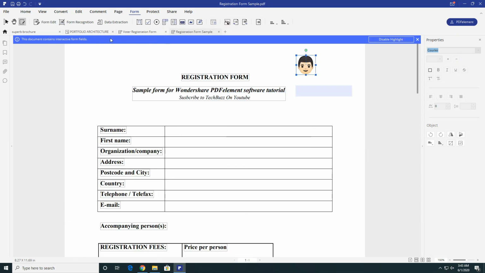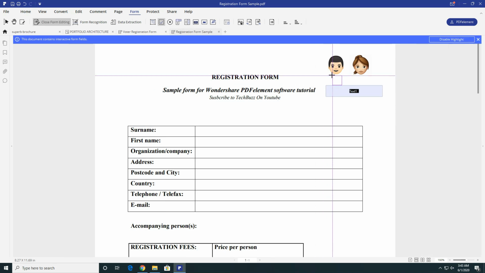I'll insert some images and show how to create a form easily. So now the images are placed. Now we will place tick mark or point radio boxes. You can add a tick box and resize it. We can add a particular area for image. You can also add a digital signature area.